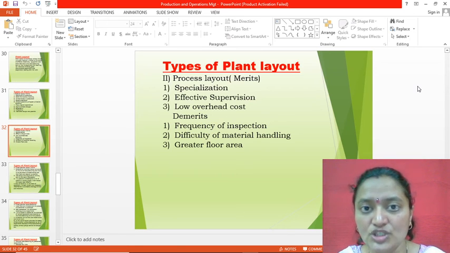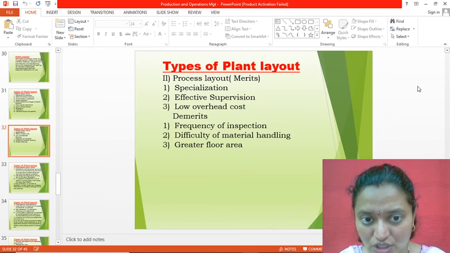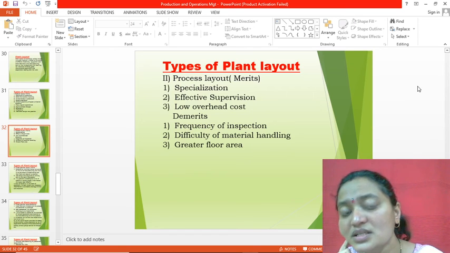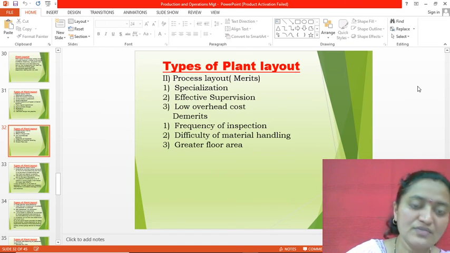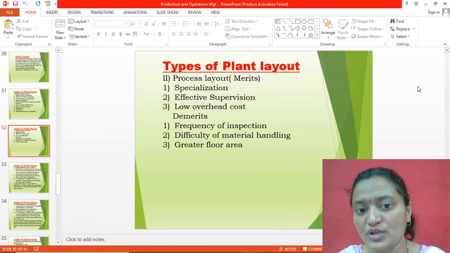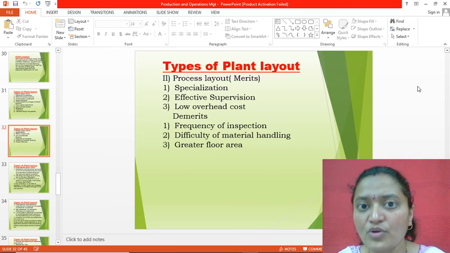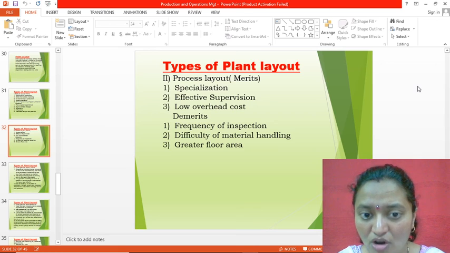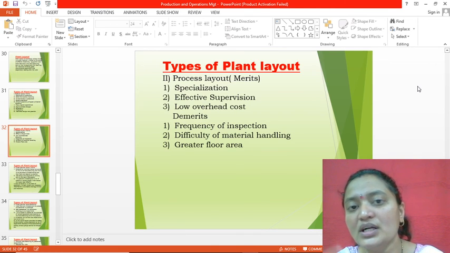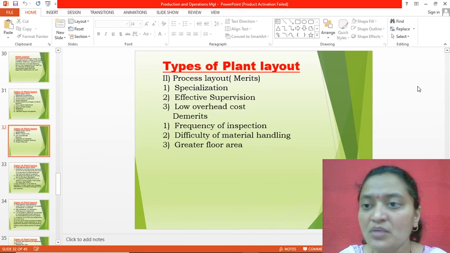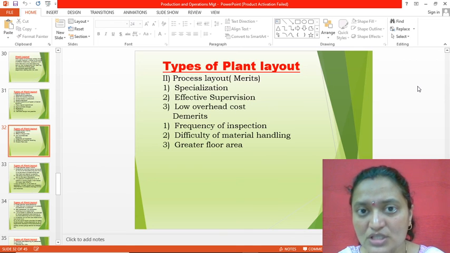Then effective supervision, there should be a proper supervision. Then low overhead cost. Here each supervisor is responsible for the supervision of a limited number of operations. Then the demerits we had studied: the frequency of inspection, meaning proper checking or inspection has to be done over whatever activities or operations are conducted in the organization. Then difficulty of material handling, and greater floor area, meaning whatever floor area has been required,